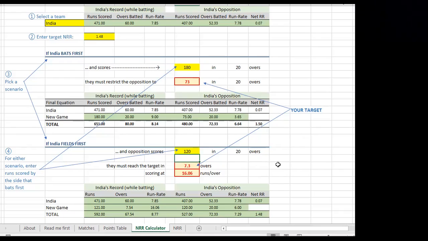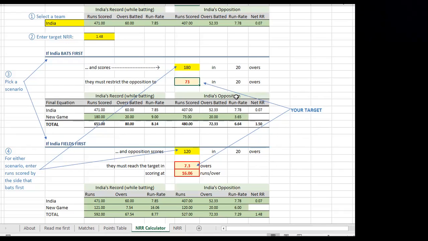Whereas if you bat first and score 180, then to limit the opposition to 73 runs in 20 overs, you only let them score at 3.65 runs an over. That's not going to be a simple task, given that we've got field restrictions and one bad over could just derail your entire operation.